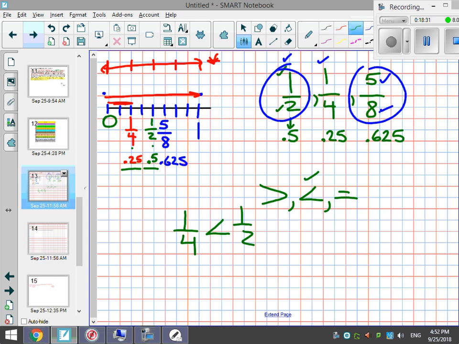If we wanted to pick one that was larger, let's try something like 5/8 and 1/4. So we write 5/8. We write 1/4. We would check our 2 answers. There's my 5/8. There's my 1/4. There's no reason to circle it, but I just want you to see where they are. We can see that 5/8 is closer to 1. It's larger. It is greater than, and your symbol goes there. We have nothing on this graph that shows me equal to,